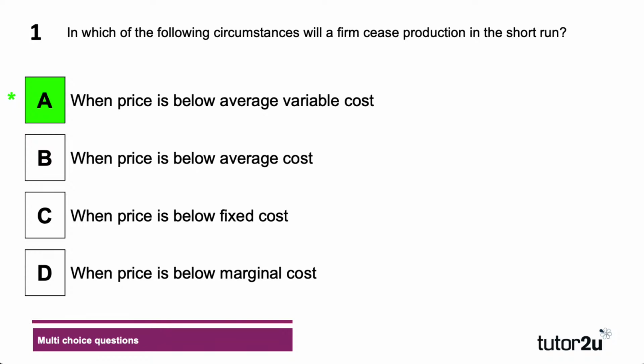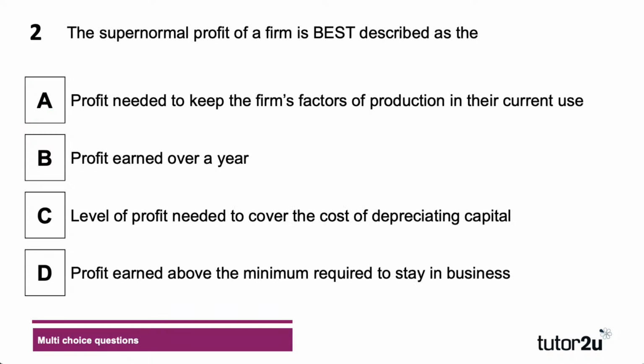Okay, so looking through the other answers, answer D is sort of not relevant. That's just wrong. When price is below fixed cost, again, that's going to be just wrong in this case. And B, when price is below average cost, that's not giving enough. We need more detail in that. And it's average variable cost which is relevant in the short run, because businesses are going to have to pay their fixed costs regardless of whether they produce or not. So if you're not quite sure on that one, go back over your notes and make sure that you can explain it. Good, let's go on to the next question.